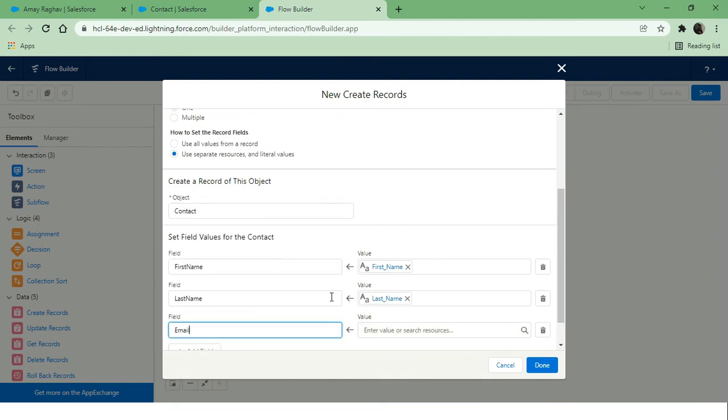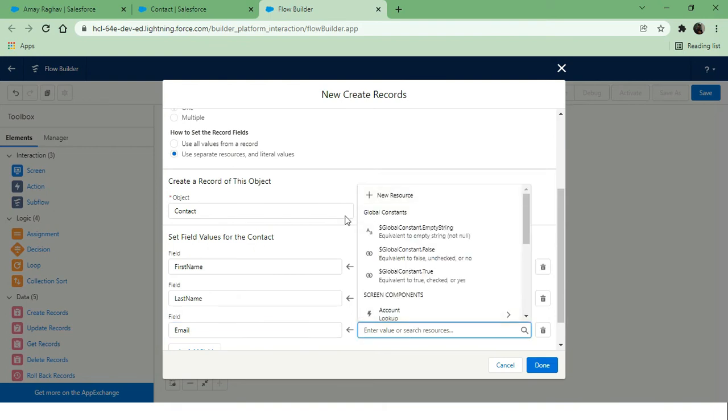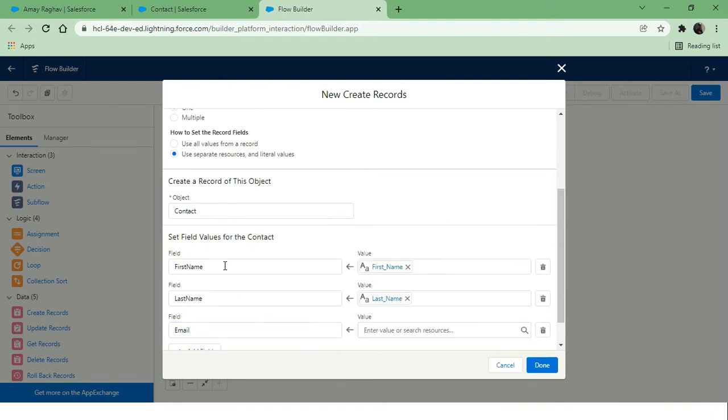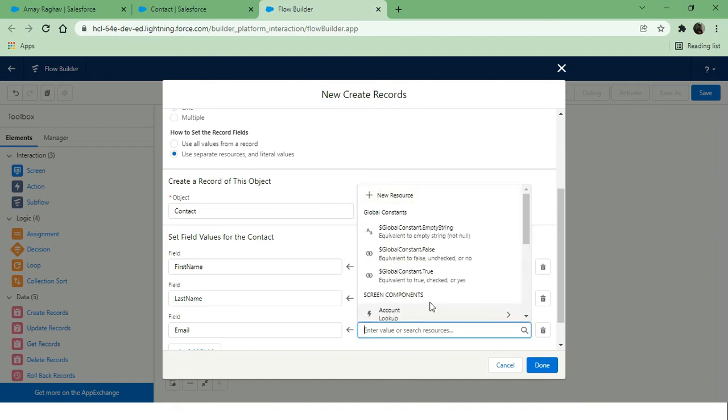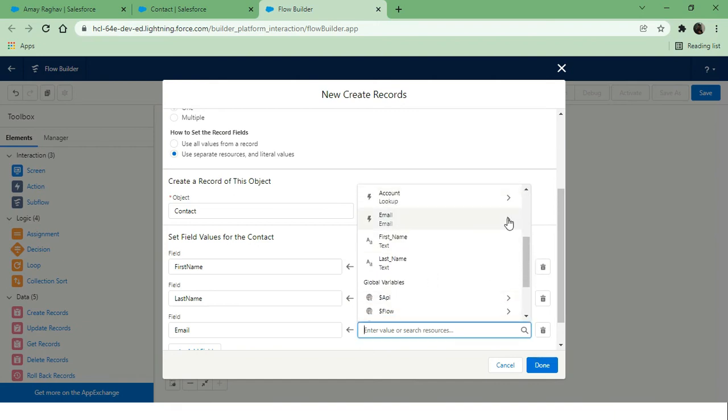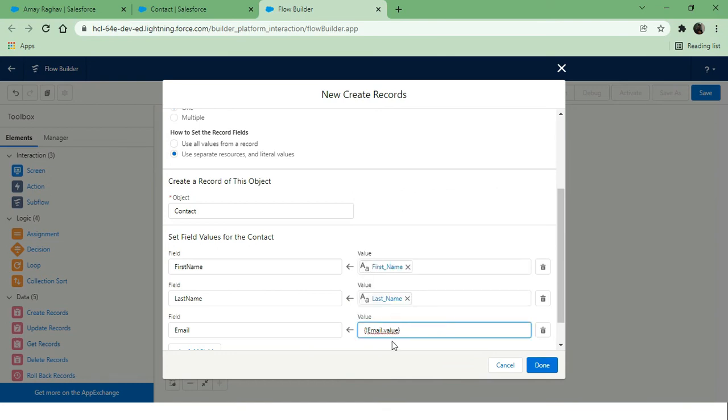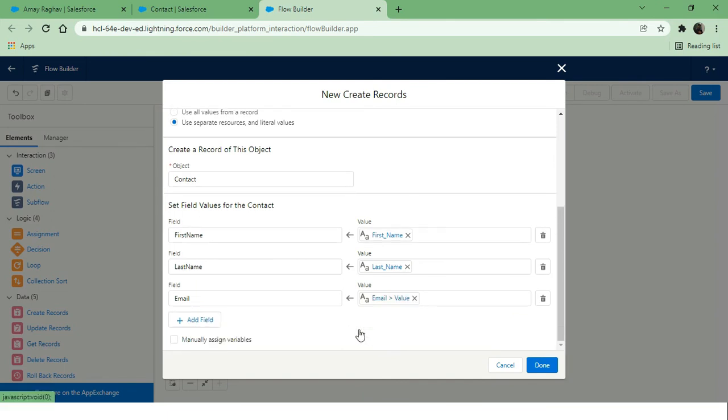Whenever we selected the first name and last name, we simply selected the component. But in the email itself, there is an arrow, so there are other things we can select, but what we want is the value to be stored in that field. If you select any other thing, it may show an error like the format didn't match. So you have to select value here: email.value, and it will be good to go.